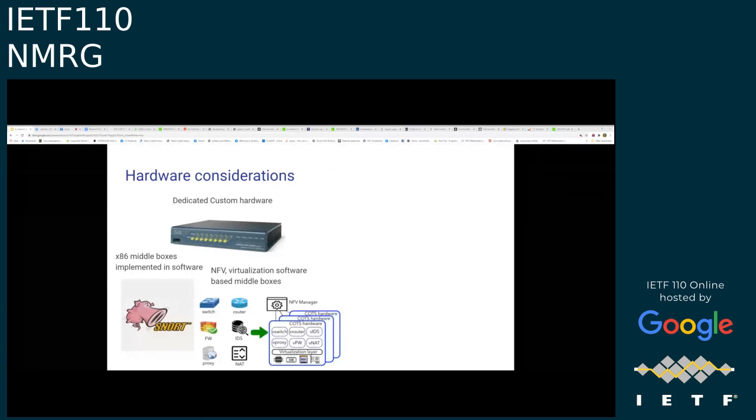You have the most basic dedicated custom hardware middle box, which is purpose built to do one specific task, whether it's a firewall or some sort of acceleration, etc. This sort of hardware, you cannot really change it. You cannot really do anything else with it. Then you have the more recent and more flexible ones that are coming out, which is with